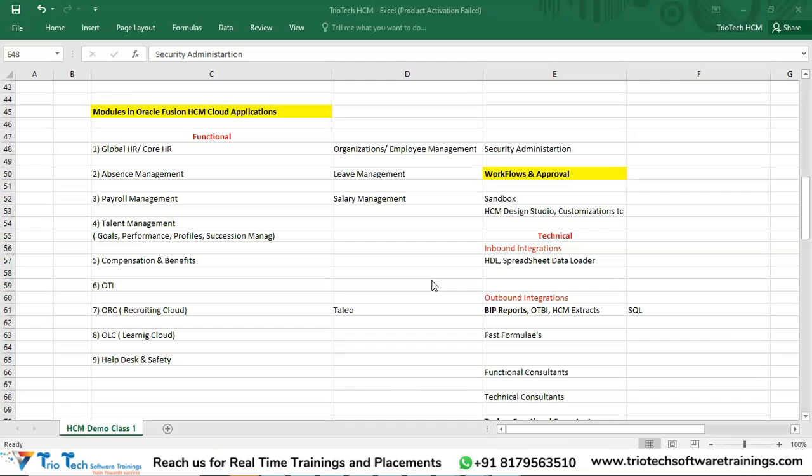By yesterday's session, we completed our first two demo sessions, team. As part of that, we discussed the introduction to the Oracle Fusion HCM cloud applications. Then we saw the Fusion applications evolution path, I mean, since when Fusion applications have been available in the market, when Oracle introduced this application, and since then how the application evolved over time, and what release versions we have